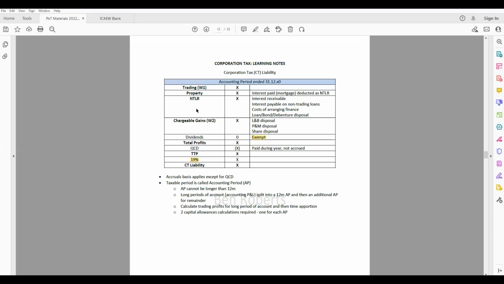And we'll come on to this in more detail later, but essentially it's their interest receivable less their interest payable. That's specifically, of course, for non-trading reasons. And we'll come on to that at a later point in this class, as well as then the chargeable gains. So again, individuals pay capital gains tax on their capital disposals, and we've obviously discussed that in a separate lesson, whereas companies are going to pay corporation tax on their chargeable gains. And again, we'll look at chargeable gains for companies in more detail later on in this class.